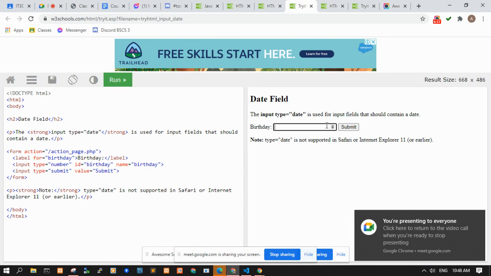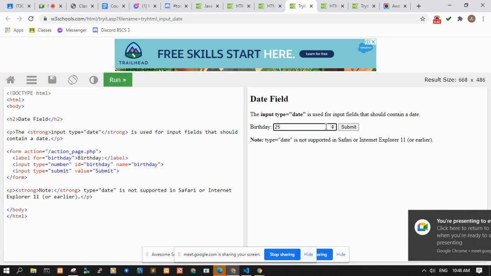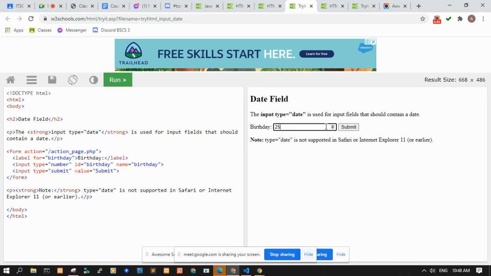So para makita agad ni user yung validation error. So these input types will help you validate the input easier than just using JavaScript to validate. So for example, you want whole numbers only, or you want numbers with only 0.5 step increment.